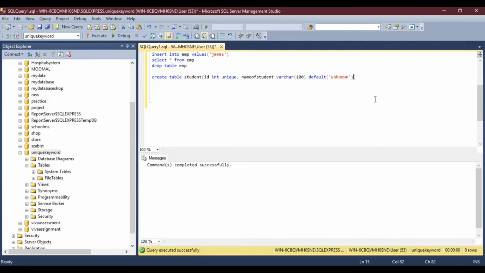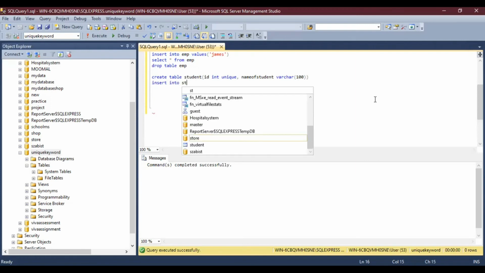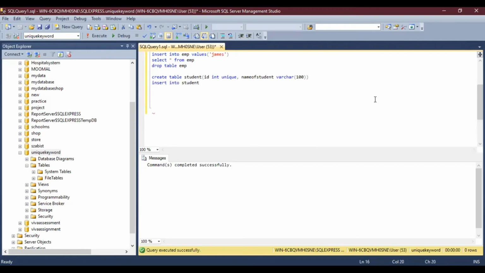Now if you do not write this, and in the case you don't know the name of the student, so what will you do? Insert into student values. Okay, if you will insert one and you do not know the name of the student, so